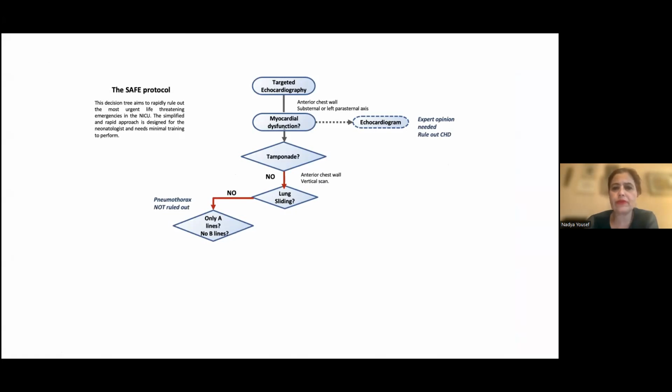And we will move the probe to the anterior chest wall using a vertical scan. The first thing we'll do is to assess for lung sliding. If there is no lung sliding, the next question would be, do I only have A lines, no B lines? Yes. So if I have no other artifacts than the A lines, then move the probe laterally until we reach